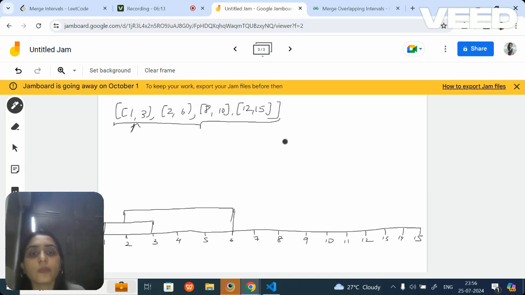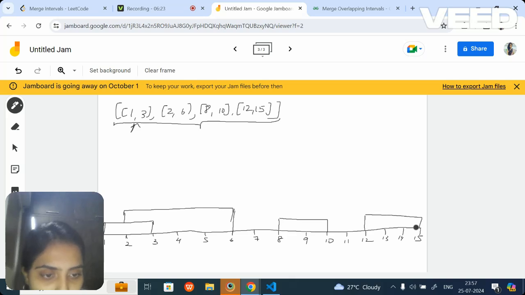Then we go to 8 comma 10. Let me plot it. Then we go to 12 comma 15. Let me plot this as well. After we have plotted, now we will check 1 comma 3. Nothing is overlapping as of now. 2 comma 6: 1 comma 3 and 2 comma 6 actually overlap at 2.